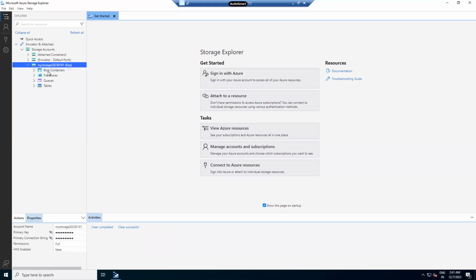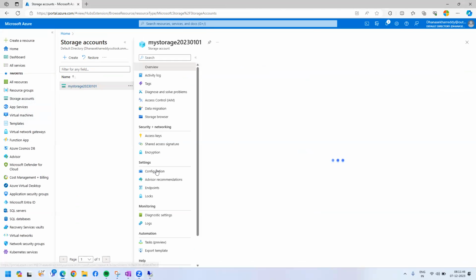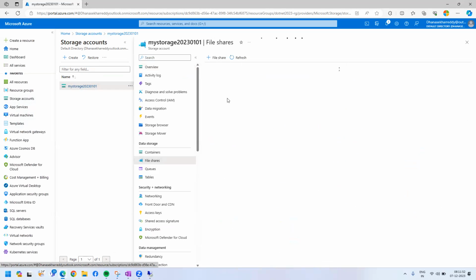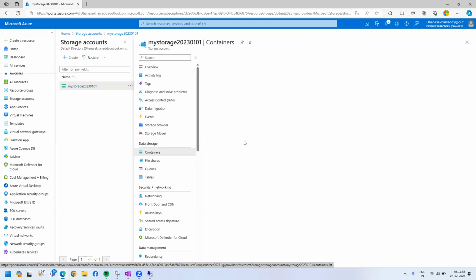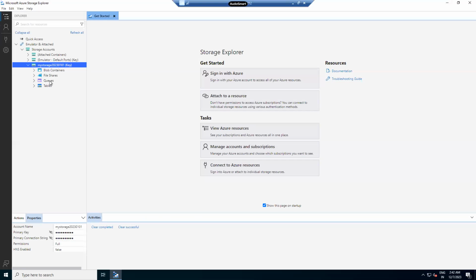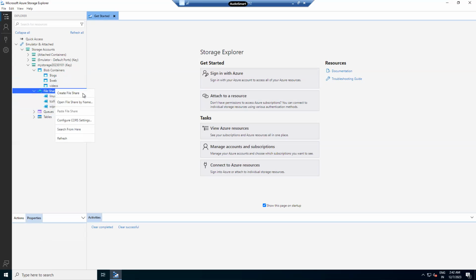Here we have already connected what? My storage 2023-01-01. Even our storage account name is my storage 2023-01-01. Now, if I go and verify file shares, I could see three file shares. Containers, already we have three containers. Now go to Storage Explorer, expand it, blob container. Here we have three containers and also three file shares. If you want to create a new file share, just right click,